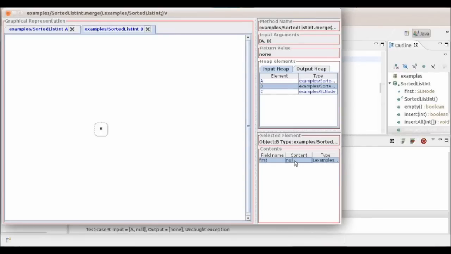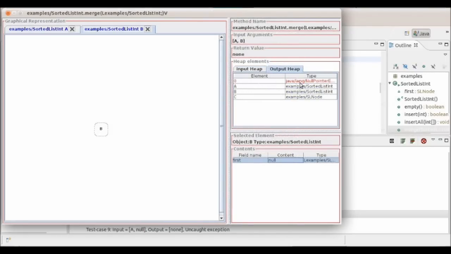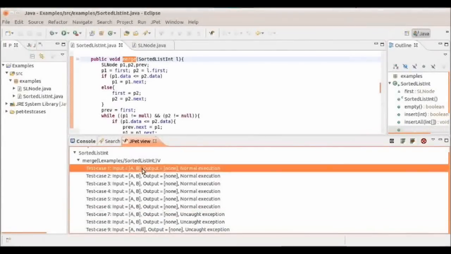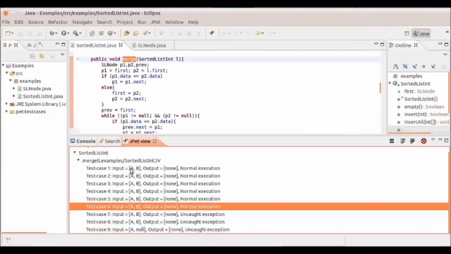list is empty. This is probably revealing a bad behavior of the program, namely, a null pointer exception is being thrown if either one of the lists is empty or the input argument is null. In the 3 test cases, we can actually observe there is a null pointer exception object in the output heap. The other 6 test cases correspond to all feasible combinations of decisions in each branching of the code, allowing 1